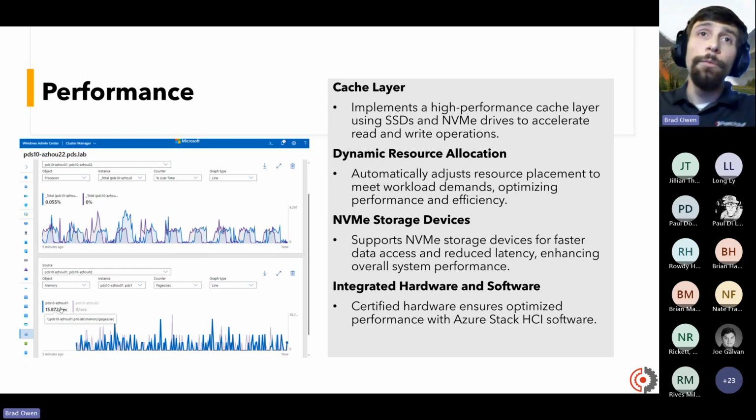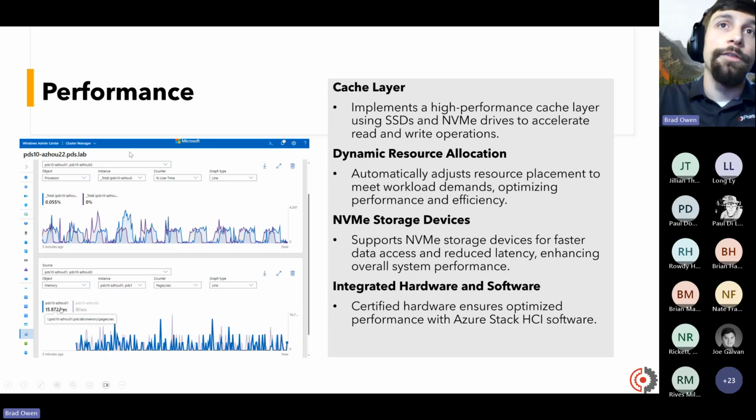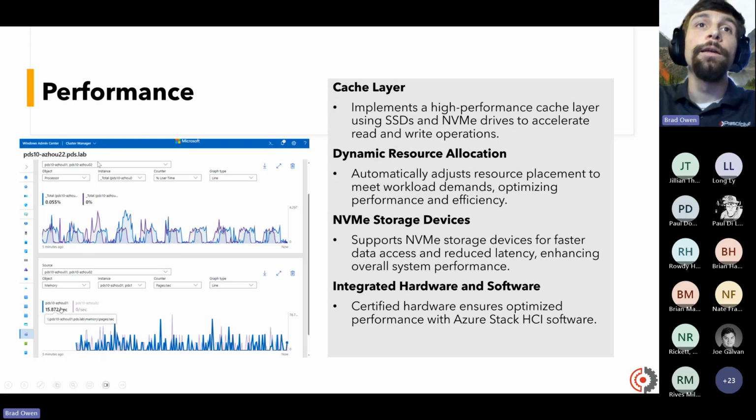On the left side, what we're seeing here is Performance Monitor in the Windows Admin Center. If you're familiar with Windows Performance Monitor on Windows itself, this operates very much the same as you're accustomed to today. At the top, we select the servers we want to view information for, the object we want to view performance metrics for, the instance, and then the counter. And finally, the graph type. We can do table or line graph, and then it plots it out in real time in front of you